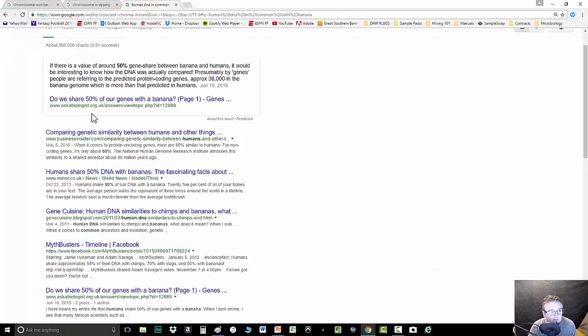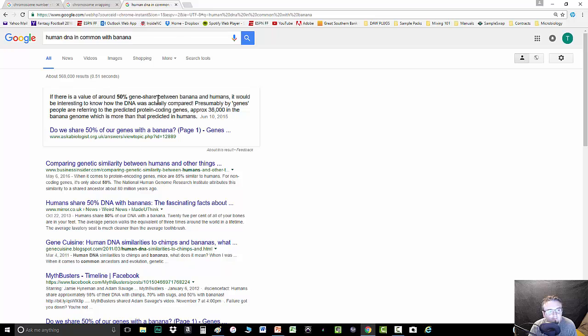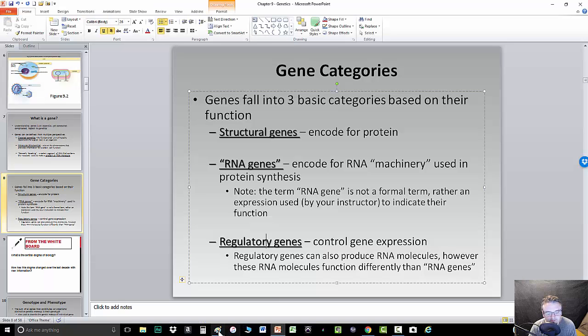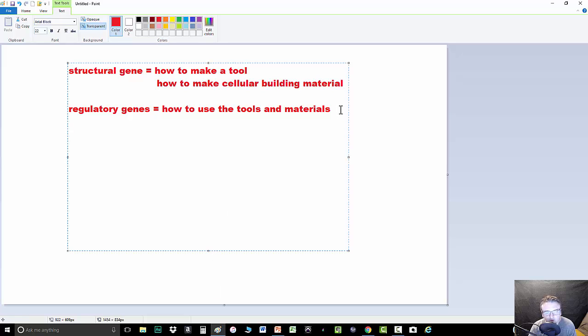So maybe this, here's one. Yeah, anyway, if I'm wrong again, it's something like 40 to 50%. And the reason why this is the case is because, amazingly, at the cellular level, a lot of organisms produce